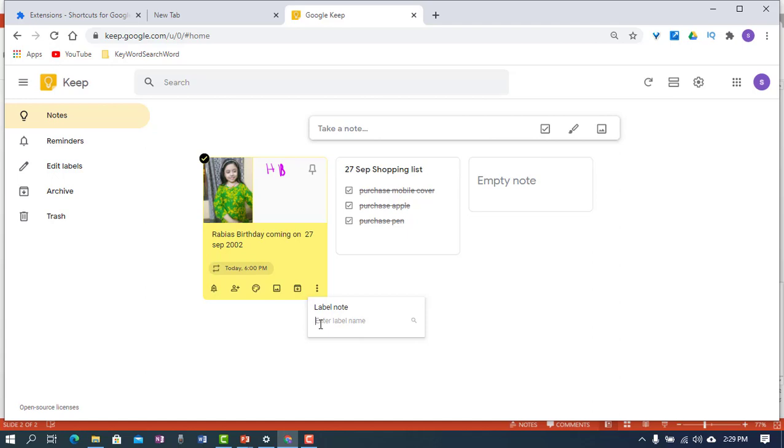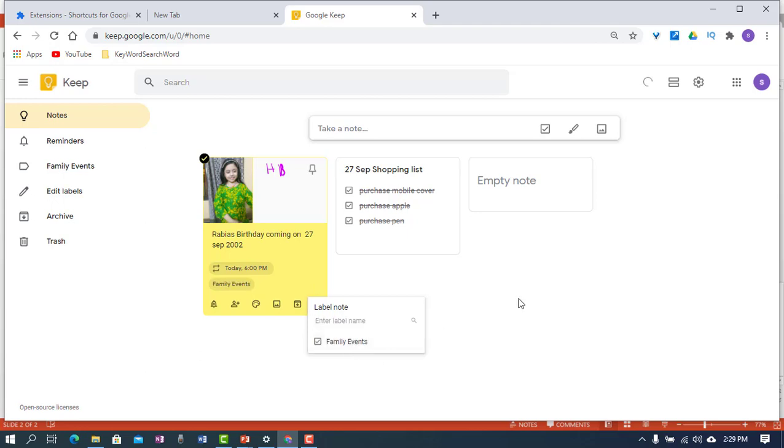The first time you open Google Keep, it has no label in it, but after you use it, you can create labels as you desire. For example, I create a label here named family events.